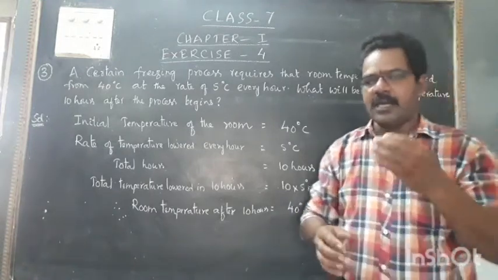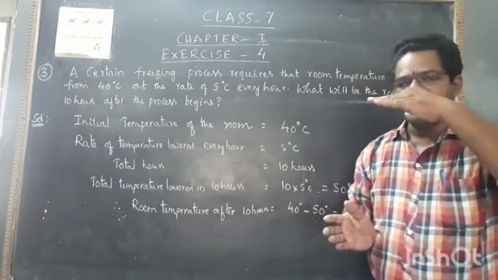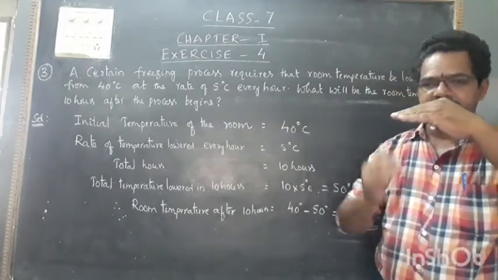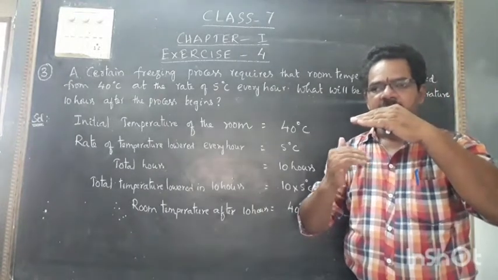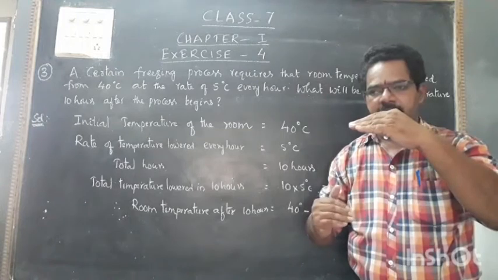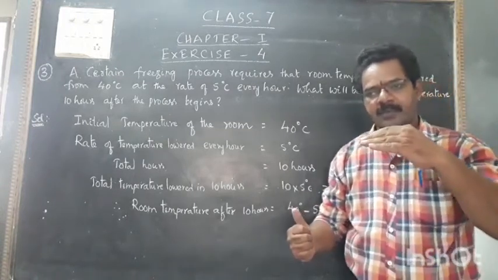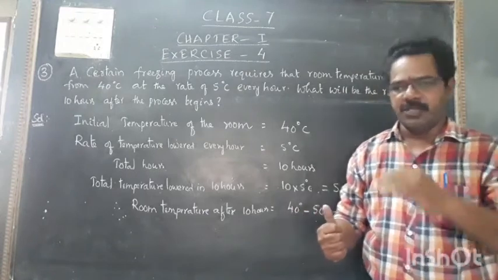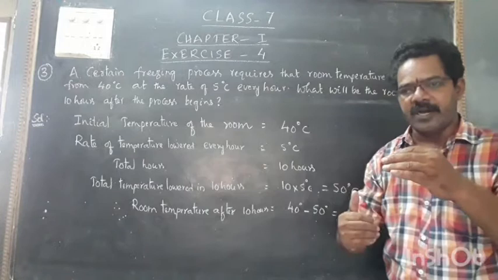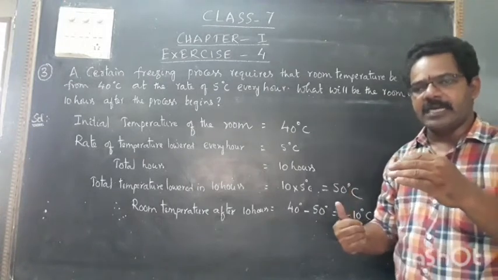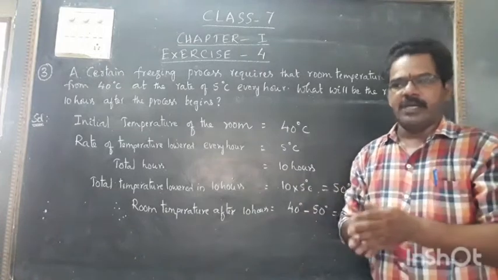Okay. So generally, by using easy calculation, we can do it. First hour 40 degrees. It is decreasing to 35 degrees, then 30 degrees, again 25, 20, 15, 10, 5, 0. So after 8 hours it is 0 degrees. From 0 degrees, again 5 degrees minus, means minus 5 degrees. Again 5 degrees minus, 10 degrees. Okay, that we can easily do.